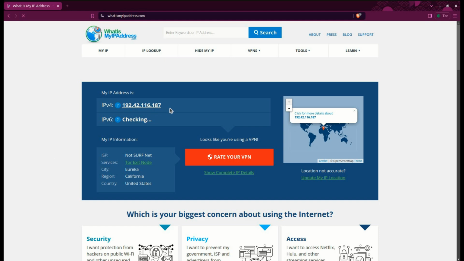So if you can see my current IP address, my IPv6, and I'm currently accessing everything from California. So this is how I usually use my Brave browser for almost everything,